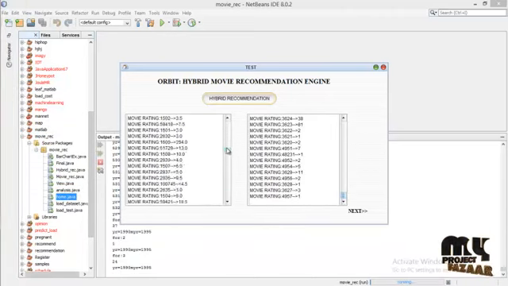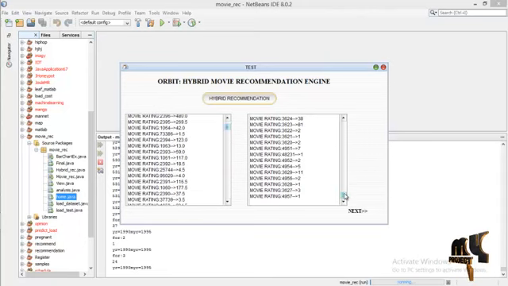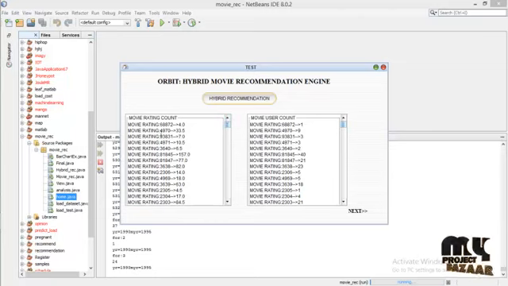Now we can see that output will be like this. You can see movie rating. This is the movie ID and how much rating it has, and this is the movie ID and how many users have rated this movie ID. And next process is